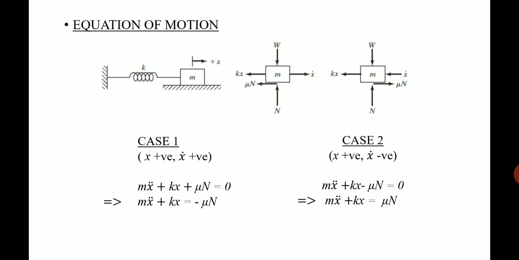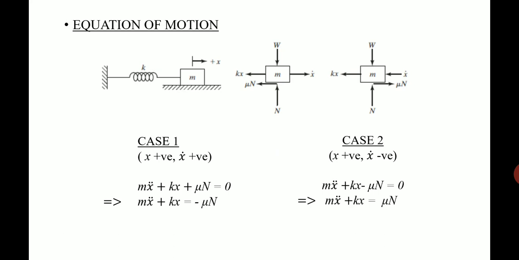Considering that m x double dot plus kx minus mu N will be equal to 0, because kx and the inertia force m x double dot are directed towards the left, and mu N, being the frictional force, is directed towards the right, because the velocity is directed towards the left. Okay, so that is all about the equation of motion regarding